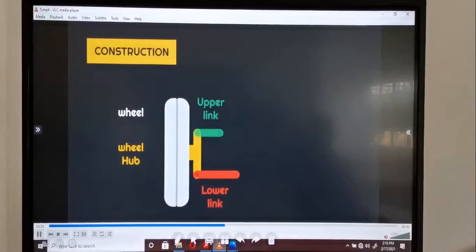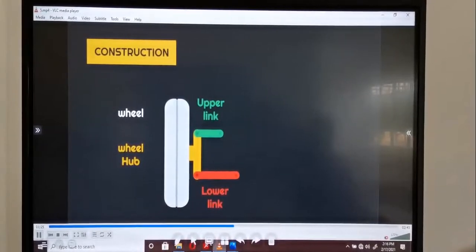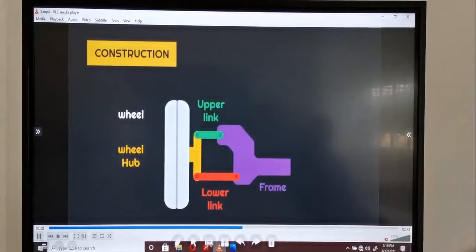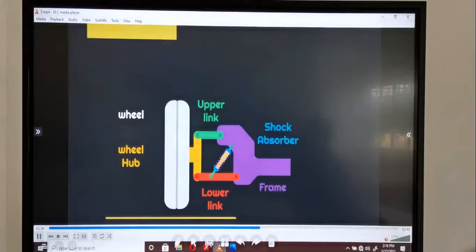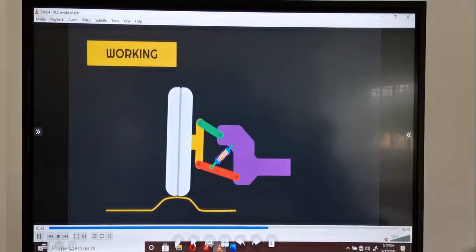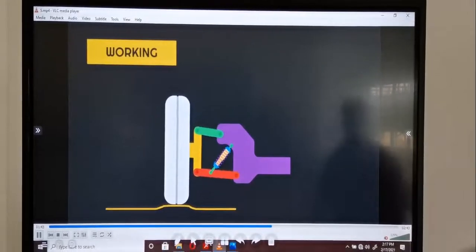So this is the wheel hub, lower link, upper link. That means lower wishbone arm and upper wishbone arm. It's connected with the frame. The shock absorber with coil spring is fixed like this. So how does it work? In the rolling condition you can see, so that's why this is the most independent